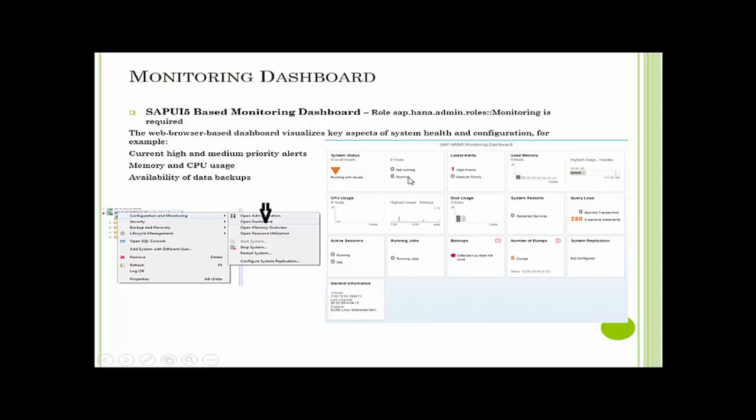See, this gives a dashboard picture like this where you can see the overall status and also check the information about number of hosts running, not running, check the priorities, check various historic values, check the disk usage, check the performance values, check the active sessions, running jobs, backups, number of dumps, crash dumps that we have, and whether system replication is available. And also the general information, an overall picture like how we have it in